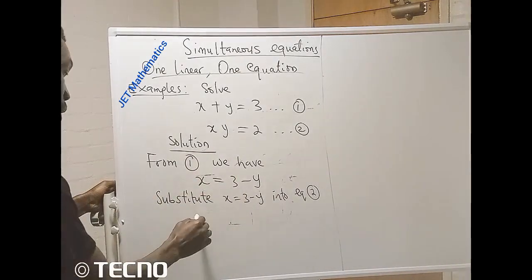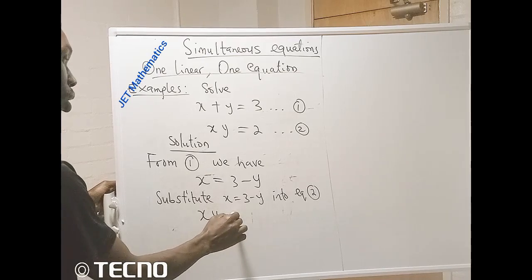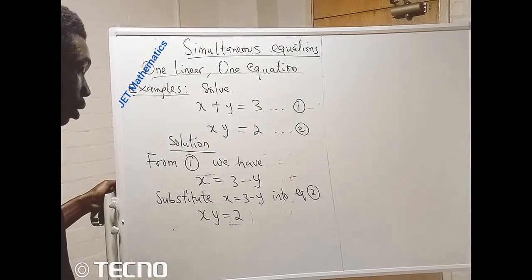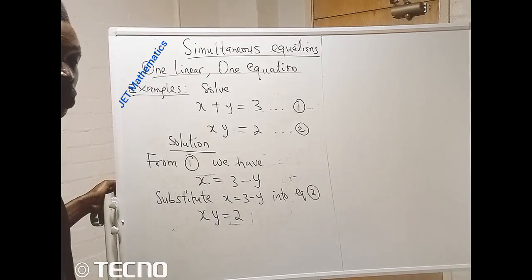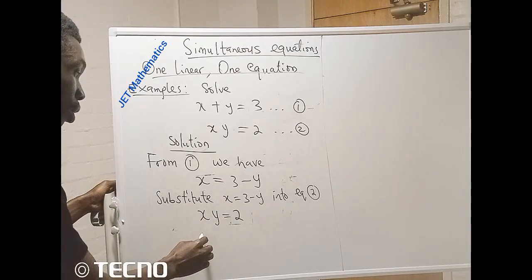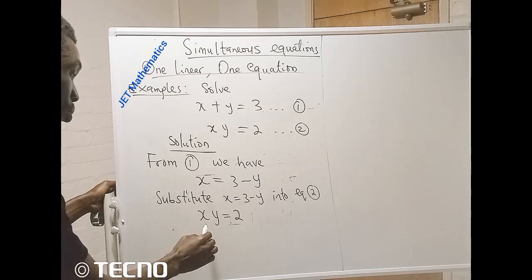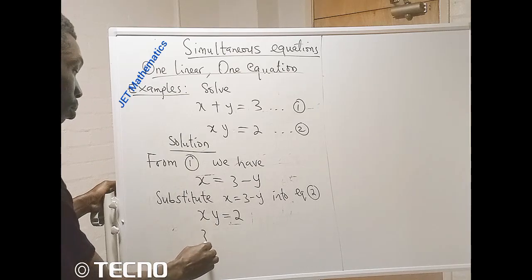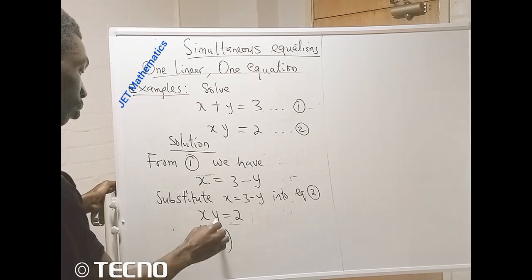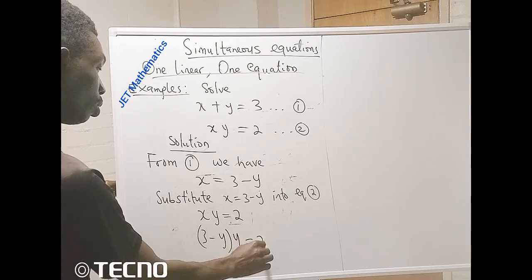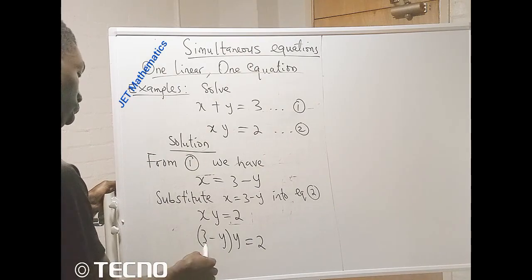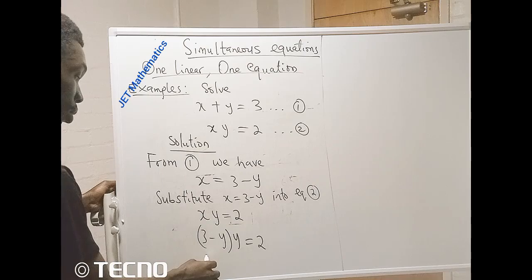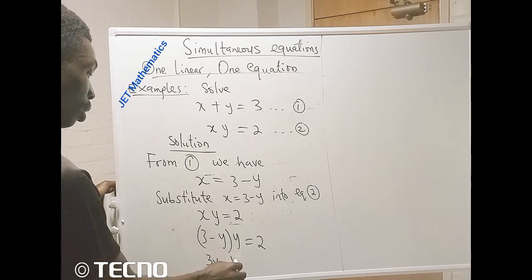So we recall equation 2. Equation 2 is xy equals 2. Anywhere we see x there, we are going to plug in 3 minus y. So doing that, we'll have (3 minus y) bracket y is equals to 2. Pretty easy. We'll expand this and get 3y minus y squared